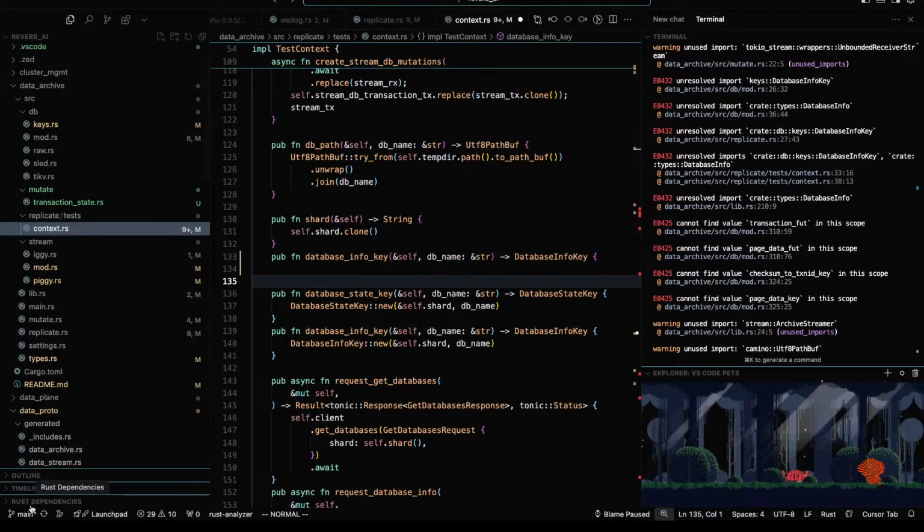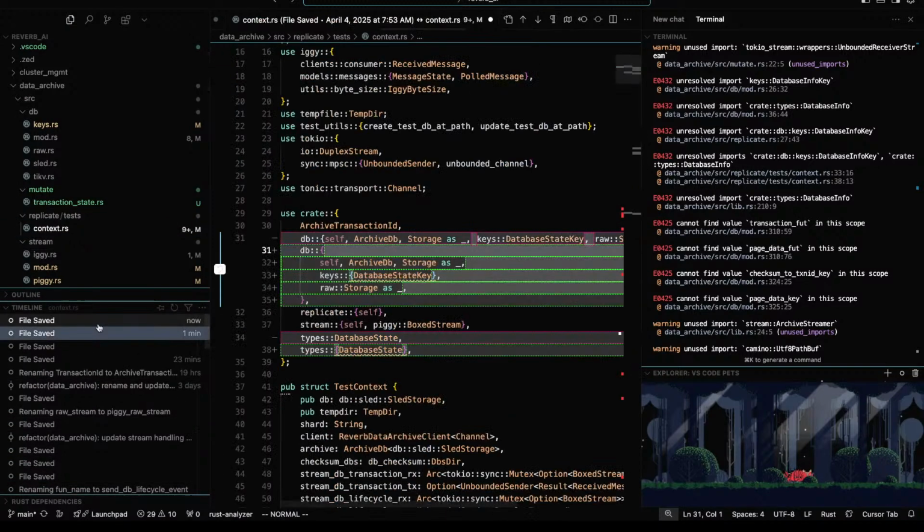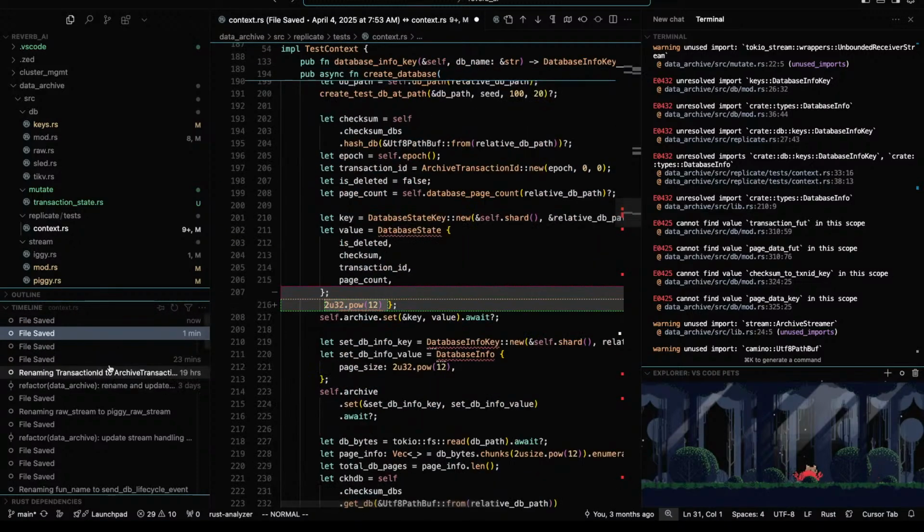I'm playing with this editor a bit. Is it here?